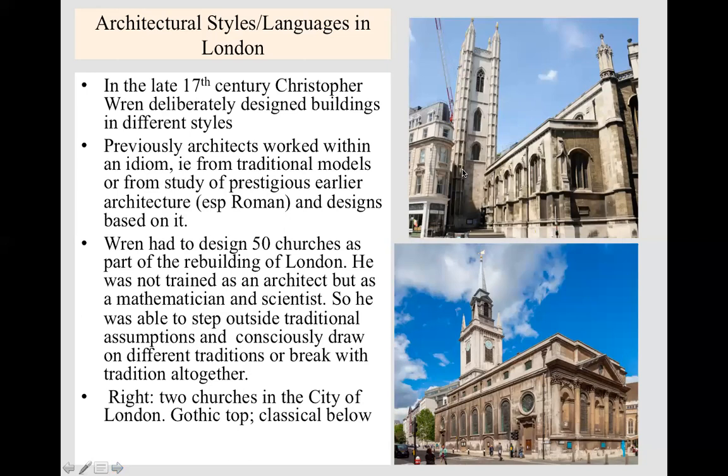Okay, so Christopher Wren is a big name in all this. One of the great architects of European history, certainly of British history. One of the interesting things about Wren is that he does all these churches, over 50 churches, as part of the rebuilding of London in the 17th century. But he is the first architect, really, in the history of the world to deliberately use distinct styles as options. So we walk around the city. What you're looking at is Wren's attempt to